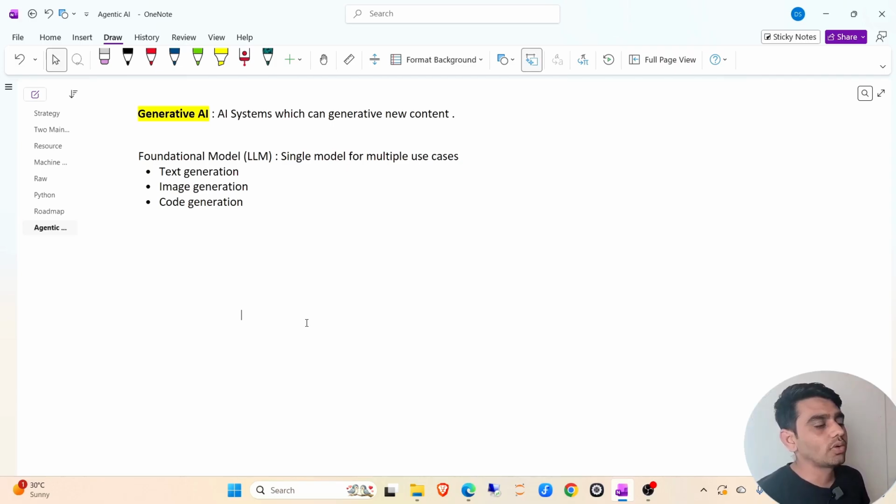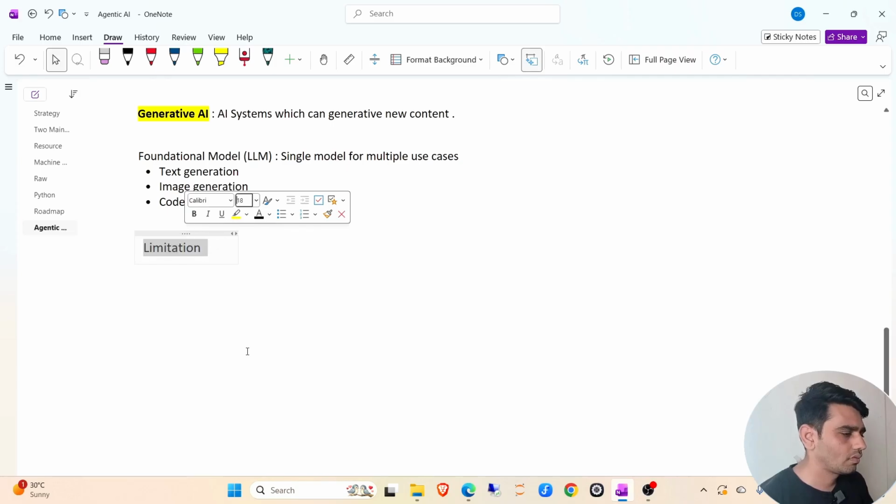Now let's talk about the limitations, because generative AI is one of the most robust technologies in the AI era, but still it has some limitations. We cannot say it's a limitation, but some kind of issue is associated with generative AI, LLMs or chatbots. So now let's talk about the limitations. The limitations are: